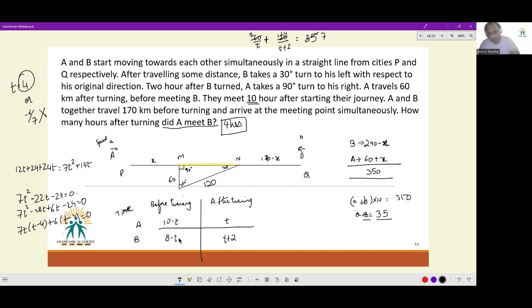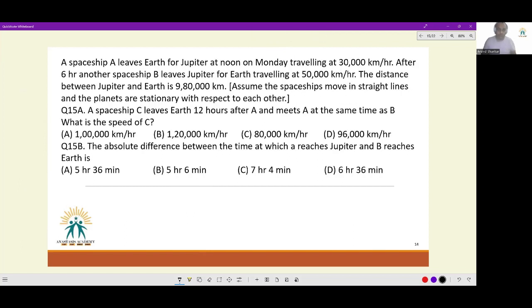This should enable us to get to the after-turning equation. A has traveled, the speed of A is 60, traveled in t hours. The speed of B is 120, traveled in t plus 2 hours. It should be equal to 35. Then it is a basic quadratic equation solving process. We get 4. That should be the answer. Okay. Next is